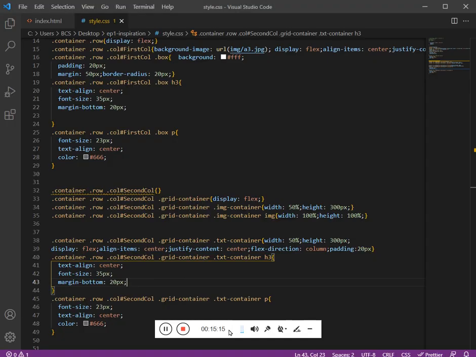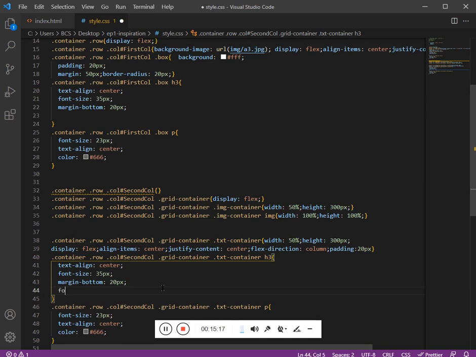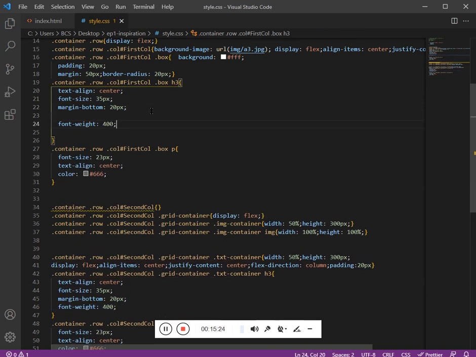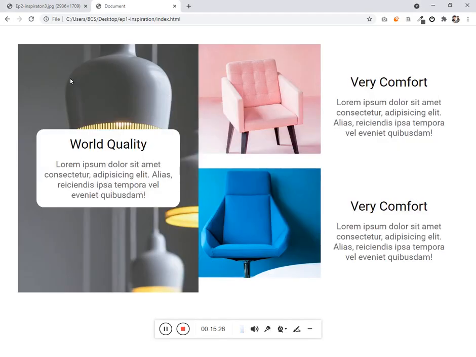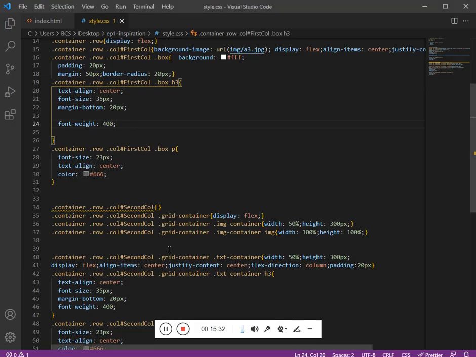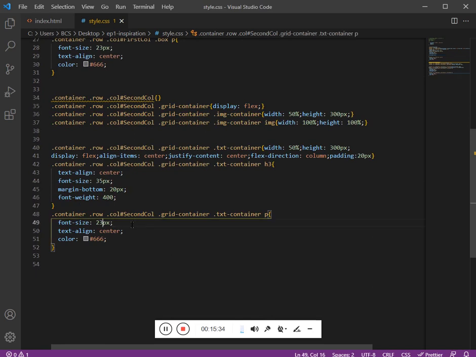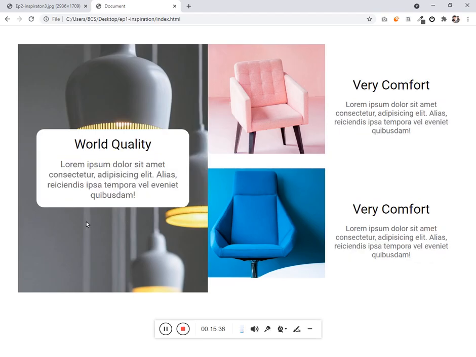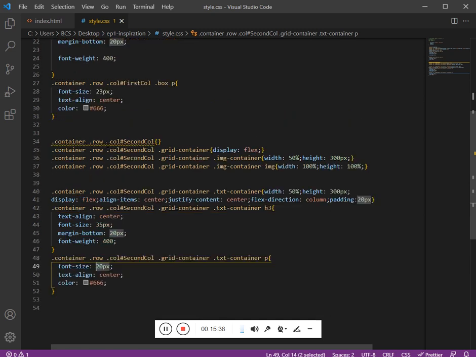So I want the font weight for the H3 to be 400 or normal. Cool. I think the font for the paragraph needs to be a little smaller. Let me make this 20. The same goes for the first column para.